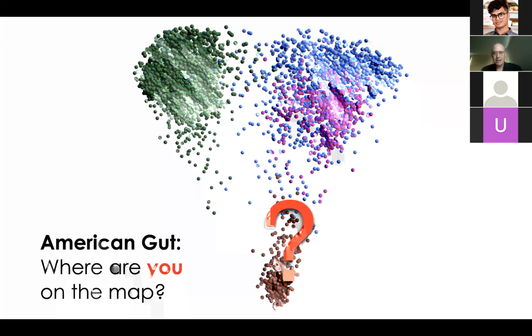Coming back to microbiome sequences, all of this microbiome work has led to a lot of excitement in the general public. And back in 2012, when we published the first results from the Human Microbiome Project, a big issue was that there was no way for ordinary members of the public to get involved, because it was a large bureaucratic government project and you had to meet a lot of exclusion criteria and happen to be at one of the recruitment sites to be able to get involved in this.